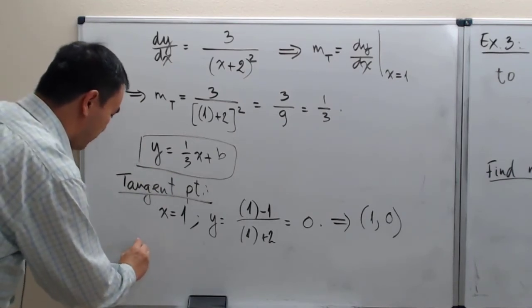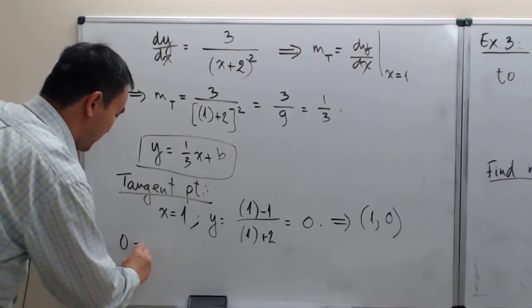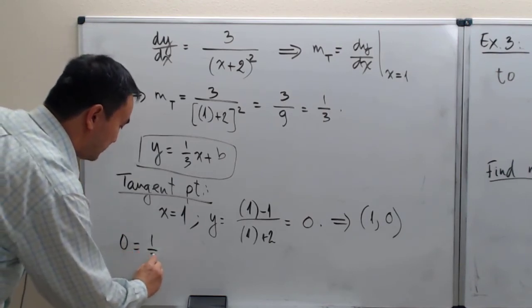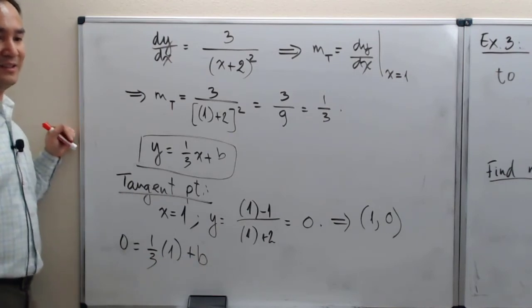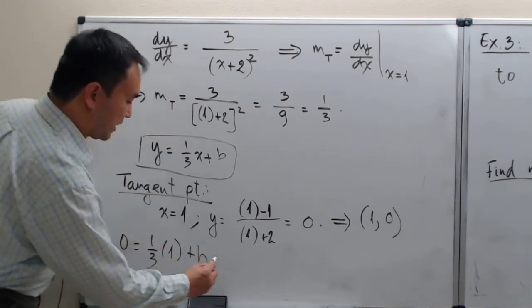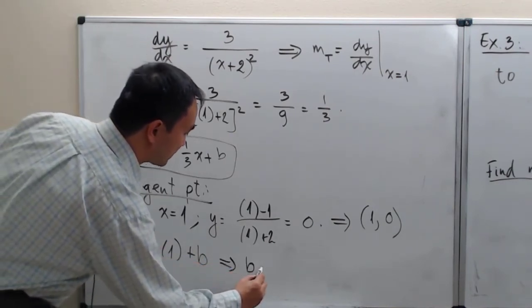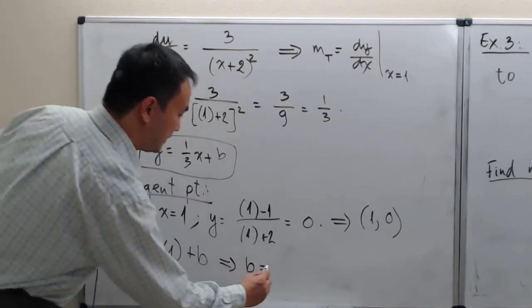And so now we're looking at 0 for y equals 1/3 times 1 plus b. Okay, and so in that case right here, quickly we can find out that our y-intercept b value is negative